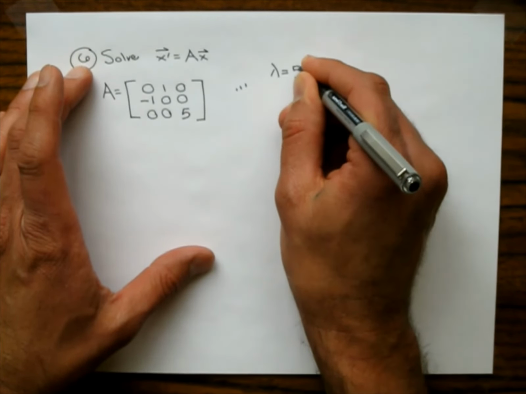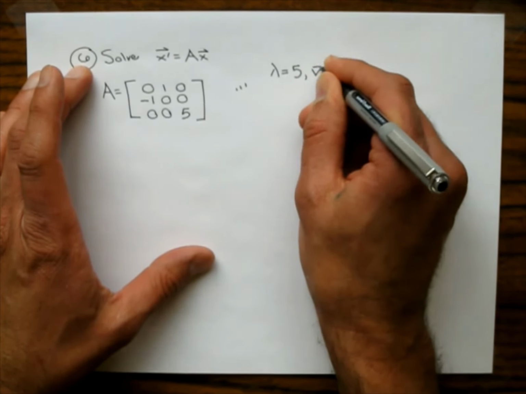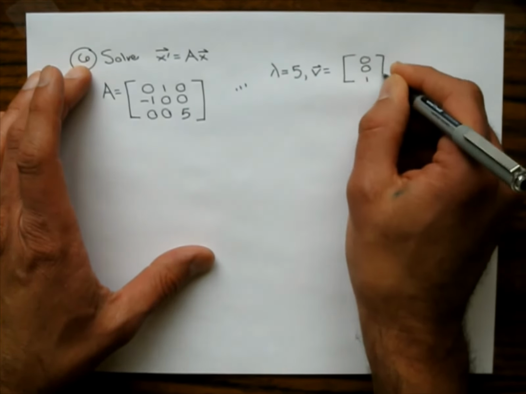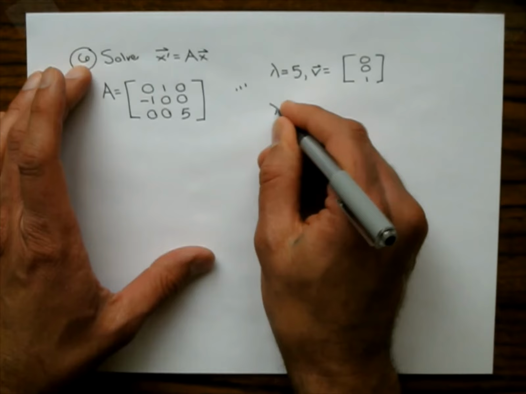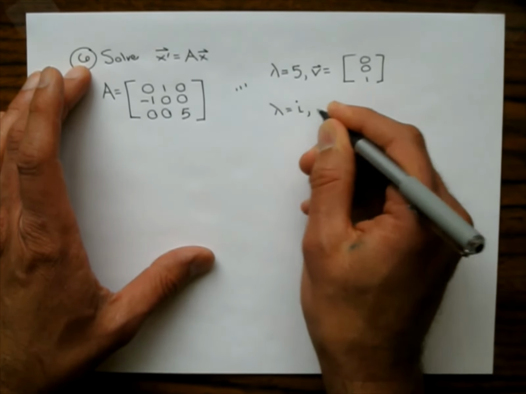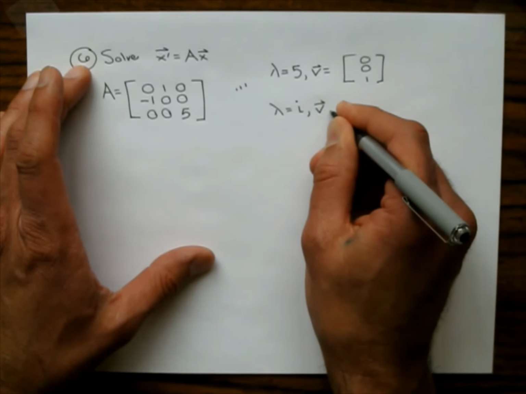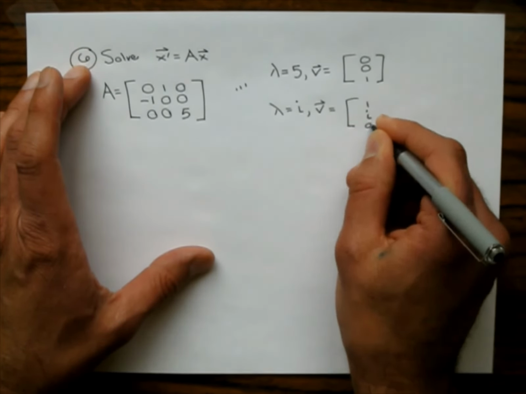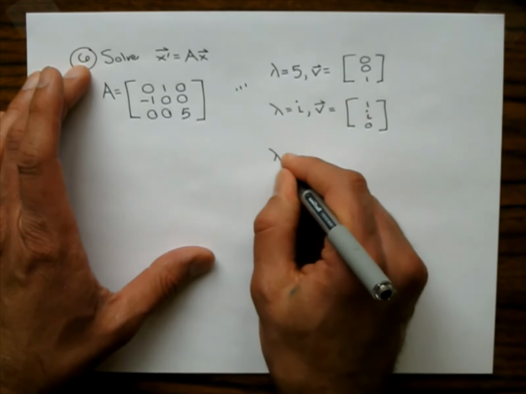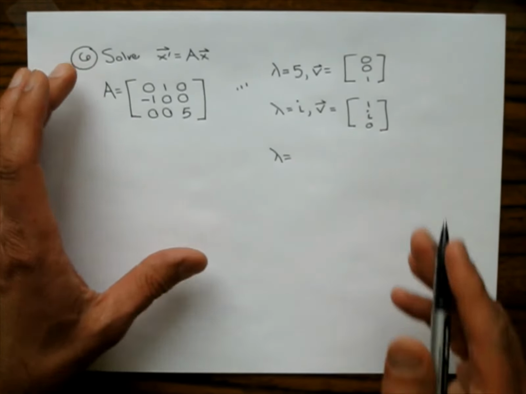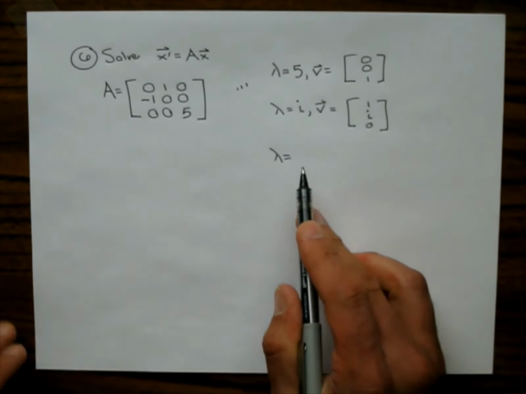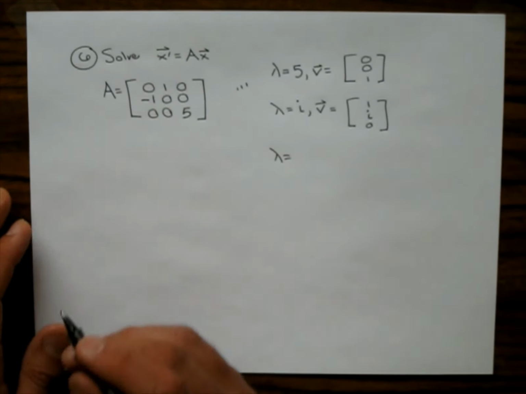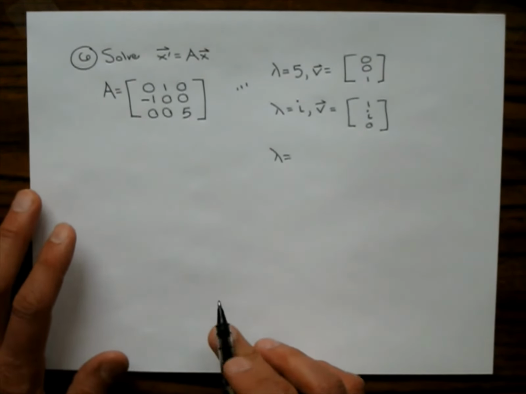So lambda is 5, and it has an eigenvector of 0, 0, 1. We have lambda is i, and it has an eigenvector of 1, i, 0. And then we have lambda is negative i, well, we didn't even have to do that one, but you could probably fill in what that is. I'm not going to write that out. Okay, so we know